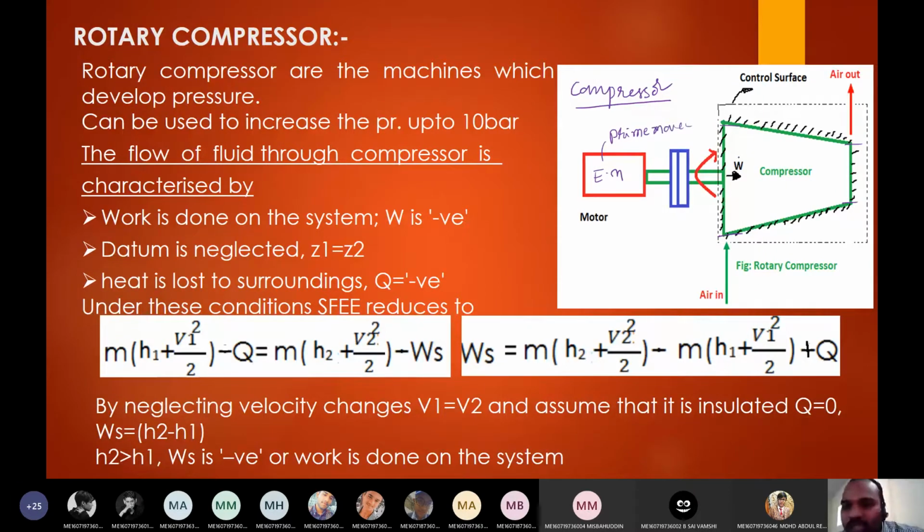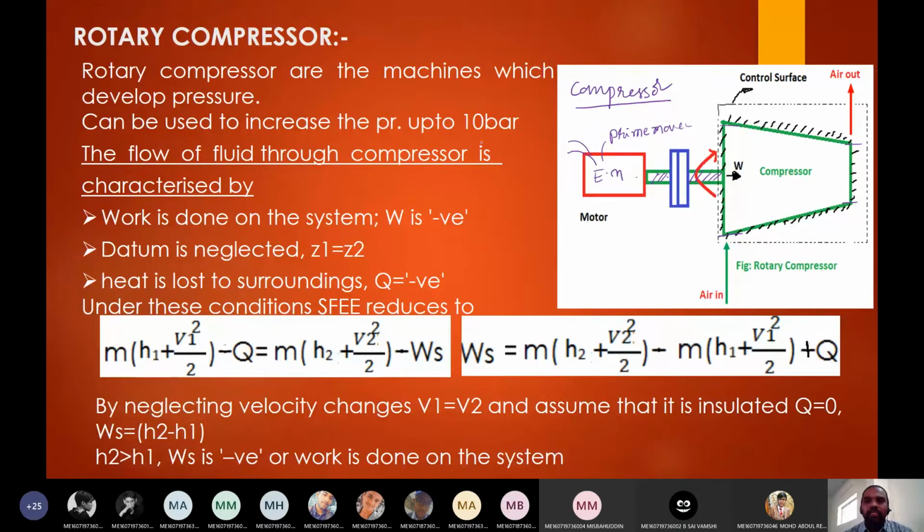Your compressor shaft is coupled to the electric motor shaft. Thereby, if you switch on this electric motor, then this shaft will rotate and automatically the compressor shaft will also rotate because it is coupled to the motor shaft. So in order to drive the compressor, we need to give work, meaning work is added to the system. Is work added to the system positive or negative? Negative. Remember, a compression process requires work to be supplied, whereas an expansion process will always produce work.